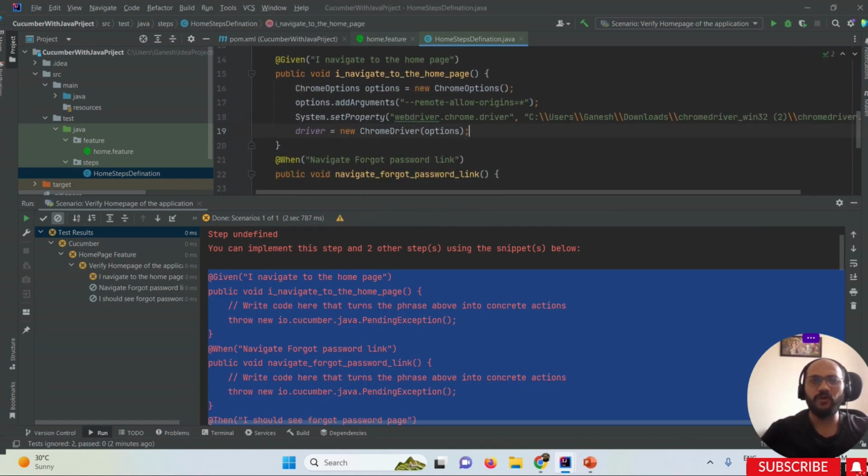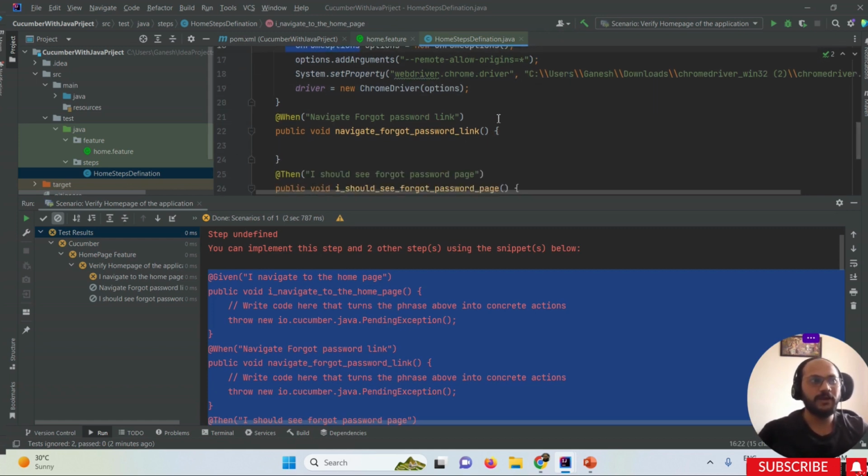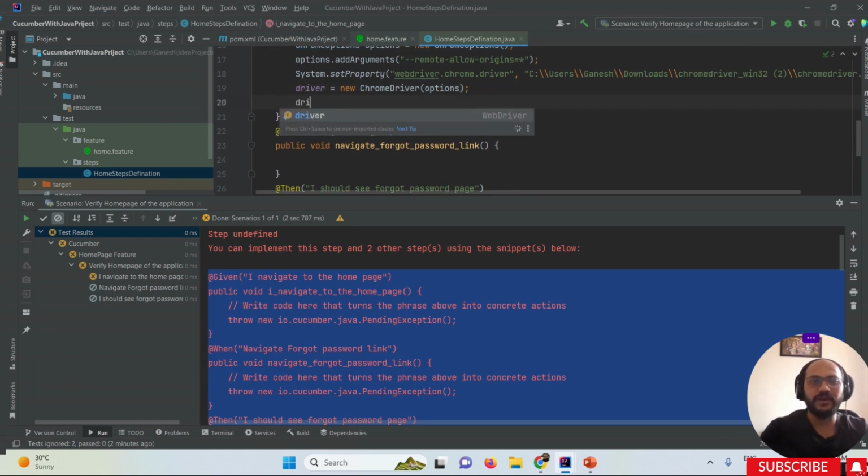Okay, so this is the default code we have in my local machine. This is the code I defined. Here I'm just setting the property of the Chrome driver, and this is the prerequisite I defined over here. Once this is done, one more prerequisite we have: the driver dot get method we have to use